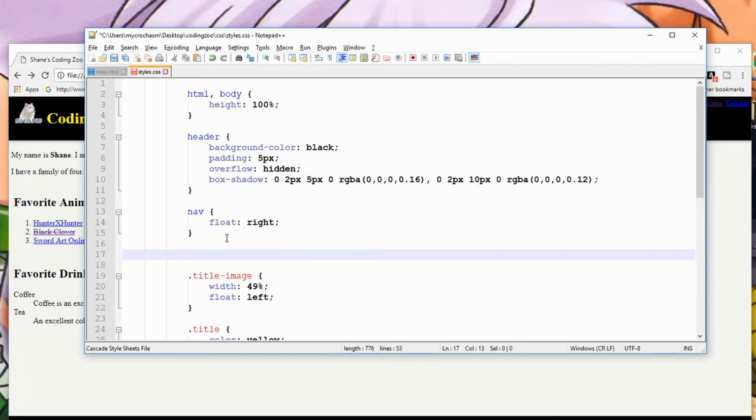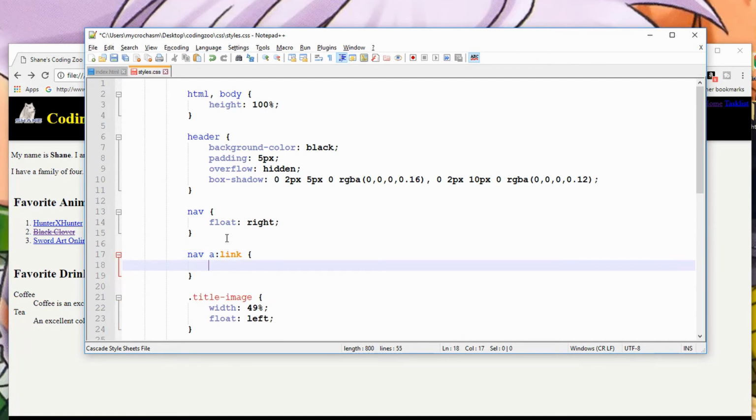Ready? Okay. Type in NAV. So I'm going to select the nav element. This is an element selector. Space. And inside of the nav element, I'm going to select the anchor tag. So A. So I'm typing NAV space A. That tells CSS I want to select the nav element, and inside the nav element I want the anchor tag. So I've got nav space A space. Actually, I'm going to delete that space. Press colon and type in LINK, space, squiggly bracket, close squiggly bracket, my cursor in the middle, start a new line,